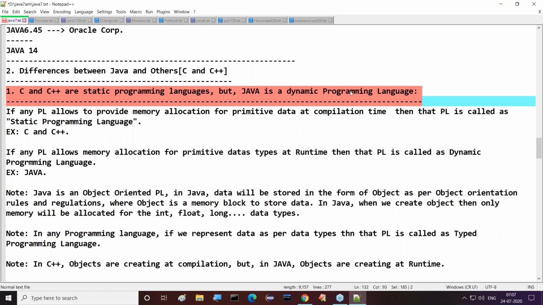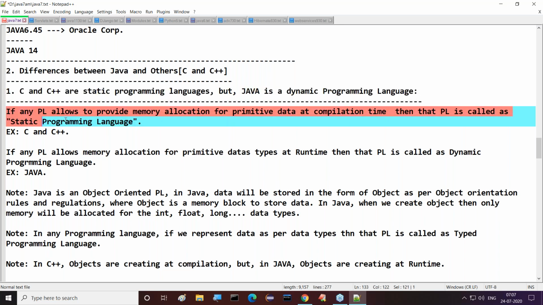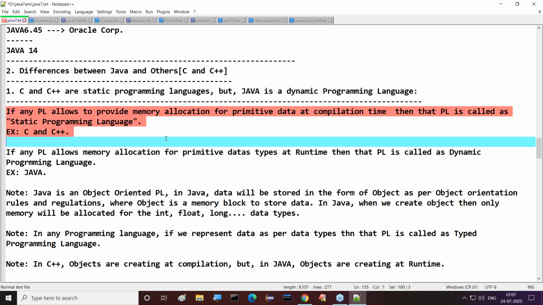C and C++ are static programming languages, but Java is which one? A dynamic programming language. If any programming language allows memory allocation for primitive data at compilation time, then that programming language is called a static programming language. Examples are C and C++. Why? Because in C and C++ applications, memory allocation for the primitive data happens at compilation time,